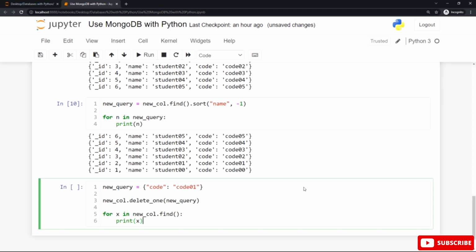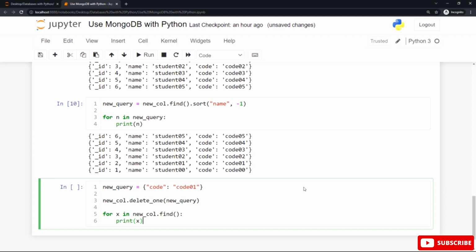And after that, we want to display all the existing documents one by one. We want to iterate over all the existing documents one by one after this deleting process. By using this for loop, you can do that. The for loop: for x in new call.find to find or select all the data from our collection called new students that we assigned to a variable called new call, and the print function to print x.